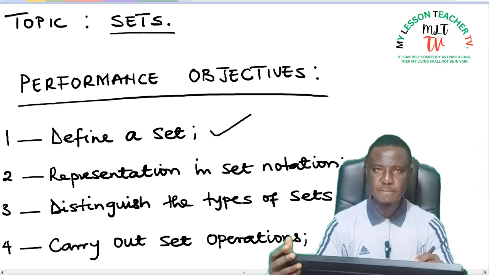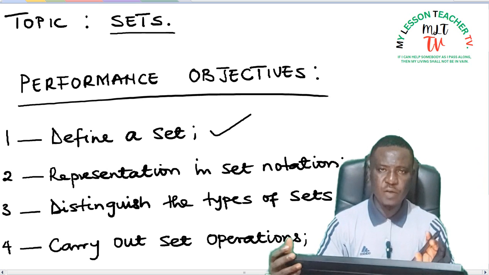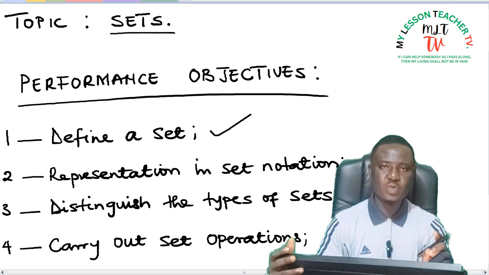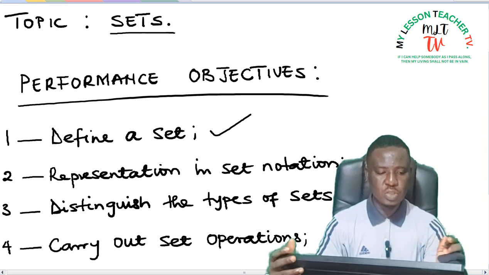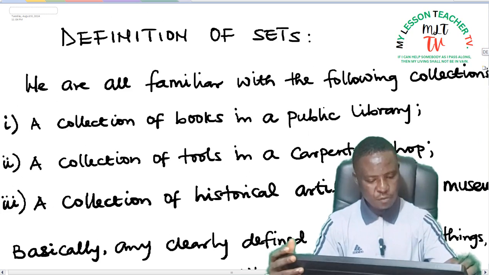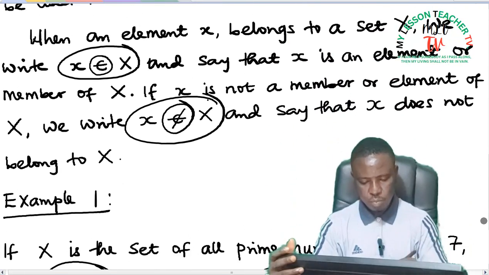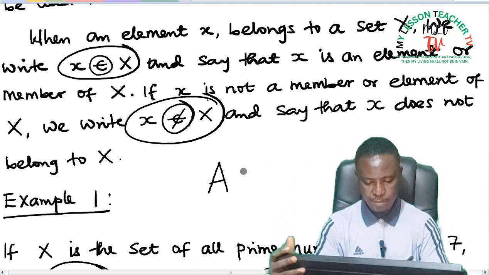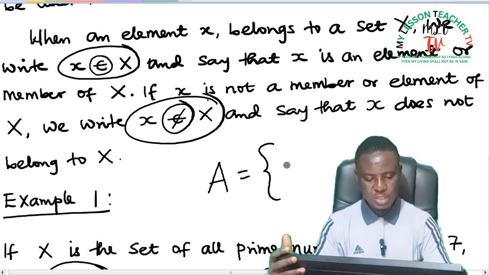I gave you examples of sets, which include students in a class, a family, members of a club, and so on and so forth, where we said a set is represented using a capital letter, and the elements of that set, or the members of that set, are referred to as the elements of that set, and they are enclosed in braces. And I gave you examples of them where I said the set can be represented as a capital letter A is equal to elements of that set, which can be represented in small letters